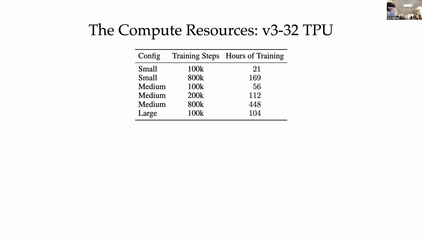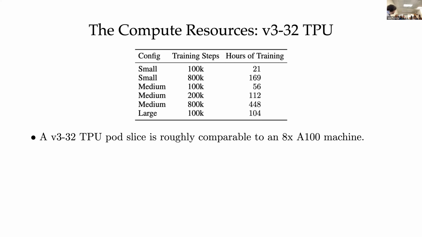And in a nod to my comments at the beginning of the talk, where I remarked that compute is important, I'd like to say a little about the compute resources used to train these models, which are not that bad, but a little eye-raising for people who aren't familiar with the domain. By modern standards these are quite small models. The small models were about 100 million parameters, medium is 300 million, and the large one I trained was 780 million parameters. These are all sub-billion parameter, which these days is considered quite small by language modeling standards.